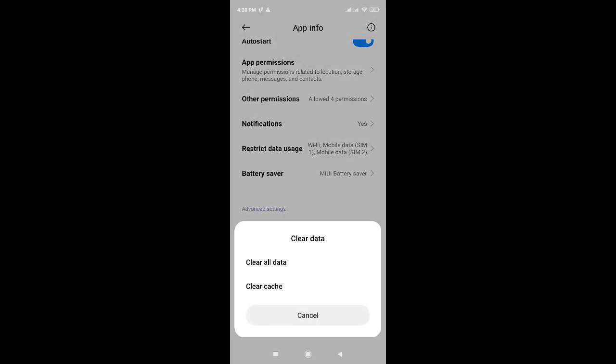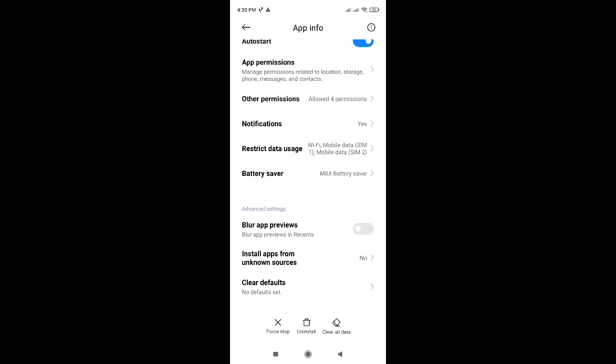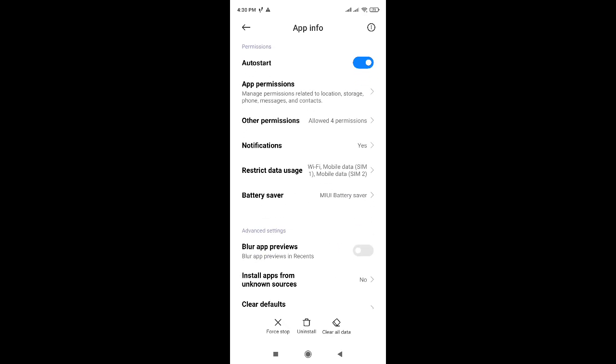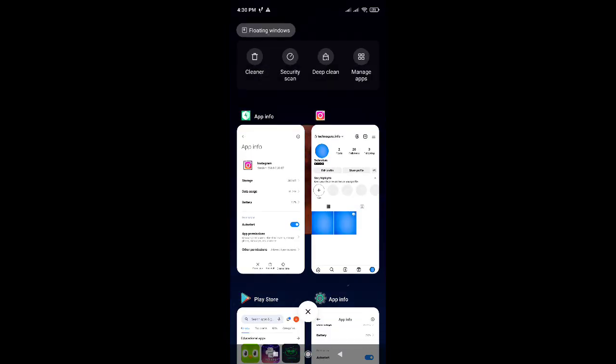Then scroll down and here you can clear cache, and then go to Instagram and you can try to open Instagram Reels. And if it doesn't work, go to the Google Play Store